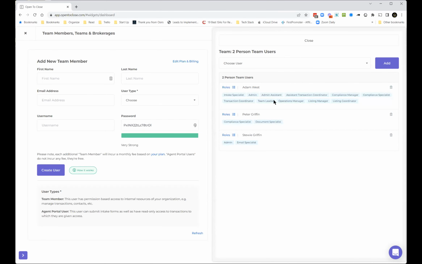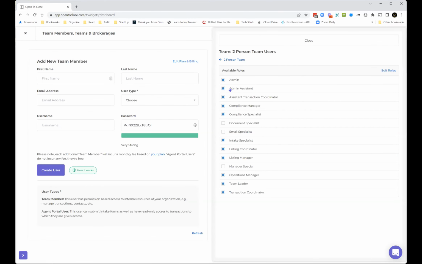And so you're going to set a role on these people. You want to set these roles thinking about your business in 10 years from now. How many people are you actually going to have? Let's say you have 20 people at that time, and you have intake specialists, and compliance specialists, and TCs that are monitoring the transaction, all these different people. Well, think about those people now. And if you're a one-person team, you can be all those people right now. You're everyone. But over in your tasks,